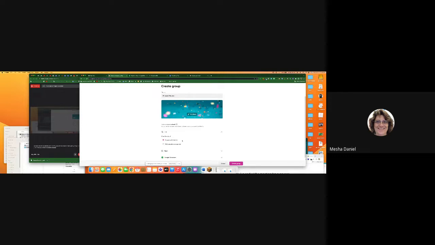Sometimes, as you found out with Screencastify, you are trying to log in and you think you're logged in and you're not. Well, the same thing happens with lots of the applications that we have. Maybe your kids think they're logged in, but they're not all the way logged in. Then they try to get into a group here in Flip and it's telling them that they're not able to. So I always leave it as anyone with a link,